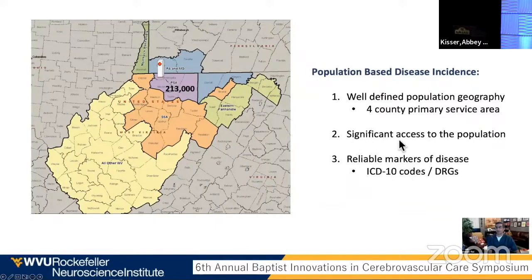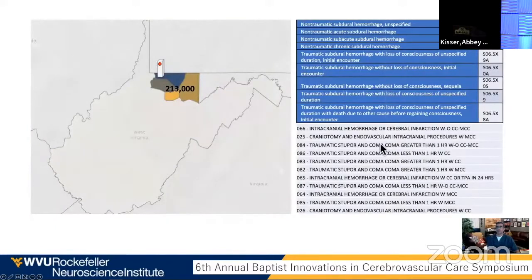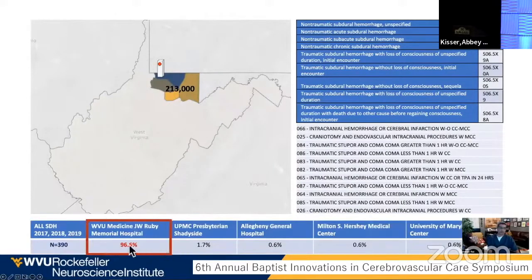To determine the significant access to the population, we looked at all these diagnostic codes and DRGs and determined what percentage of patients having these ICD codes from our population come to our hospital. This can be done by comparing the domicile of the patient to where they were treated. Data is available on the Department of Health and Human Services website because all counties are required to report these ICD codes. So we determined that 97% of the patients with these ICD codes and DRGs come to our hospital,